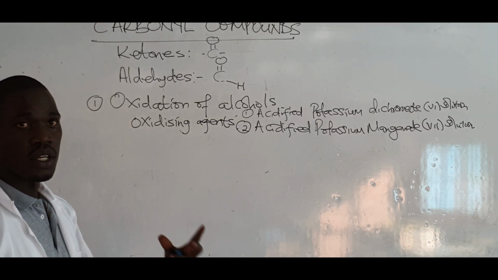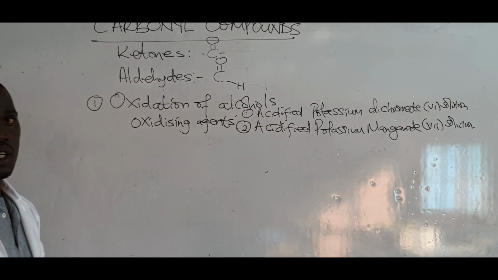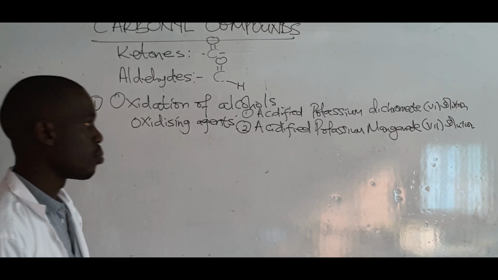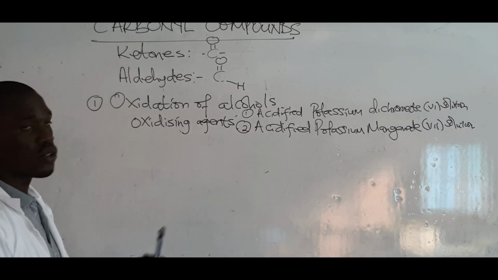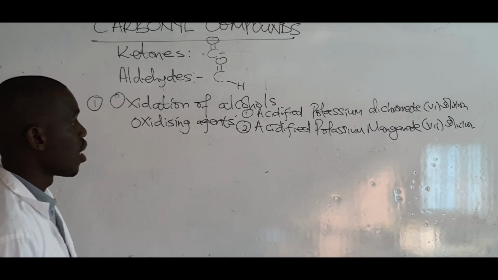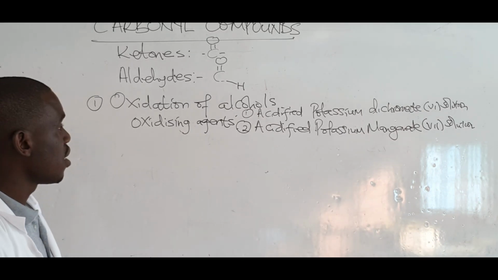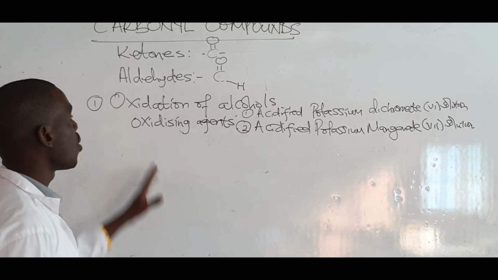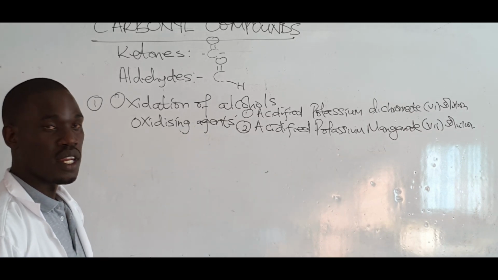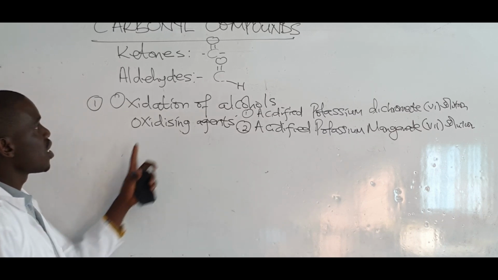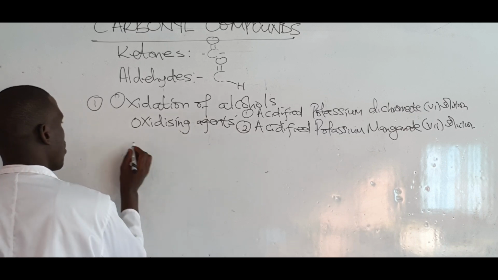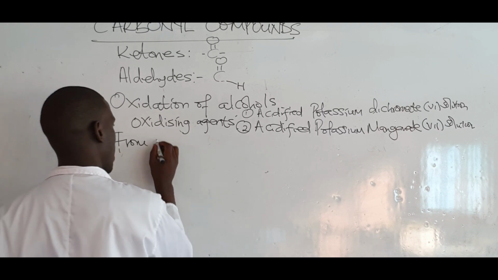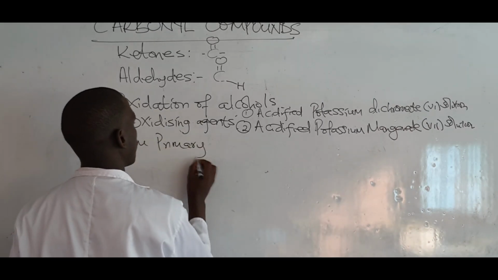You know, oxidation is addition of oxygen, whereas on the other hand we have reduction as removal of oxygen. Or you can also define oxidation as removal of electrons, and then reduction as addition of electrons. Now that we know oxidizing agent and we know the meaning of oxidation, how now do we get these carbonyl compounds? If you oxidize a primary alcohol, so take for example from primary alcohol,